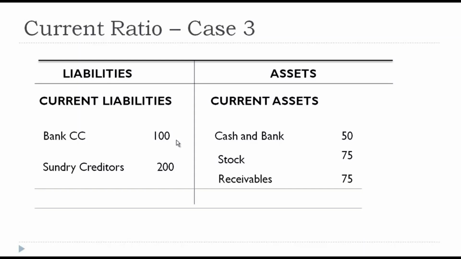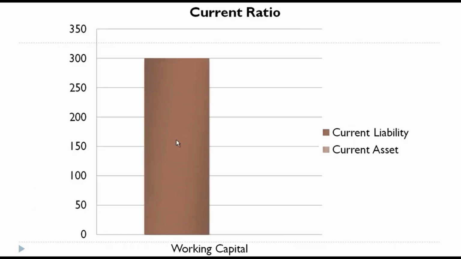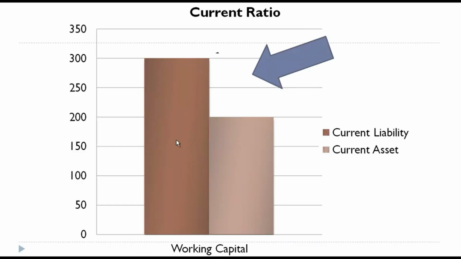of another 75. So here comes the tragedy. The total liabilities are 300, whereas the total resources available to pay the liability is only 200. If you plot this in a graph, you could note that liability is 300 but the resources available is only 200. The current asset available is only 200. So this region which shows the gap is the danger zone, which no company should get